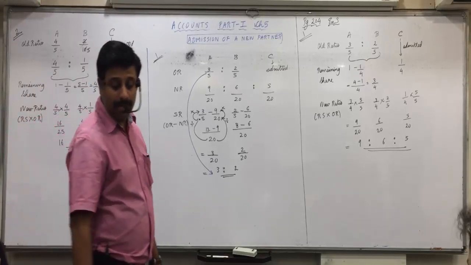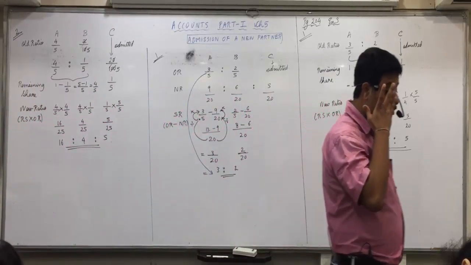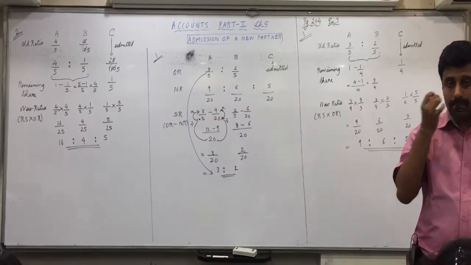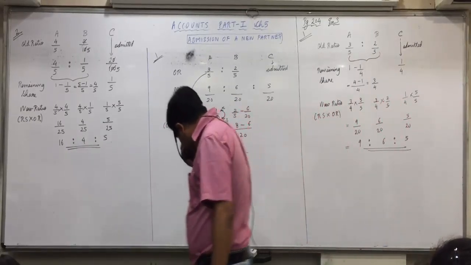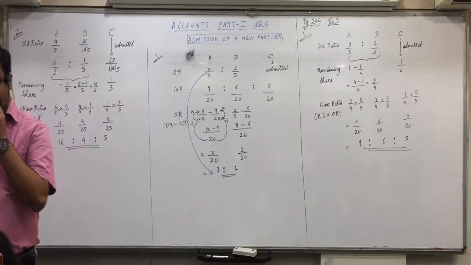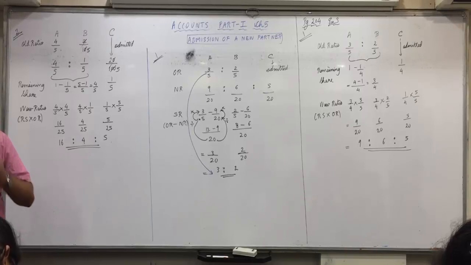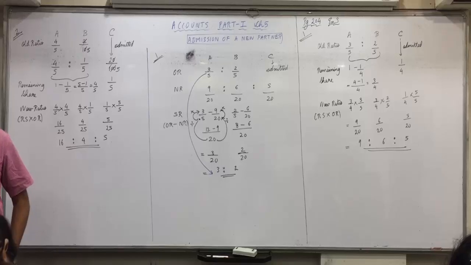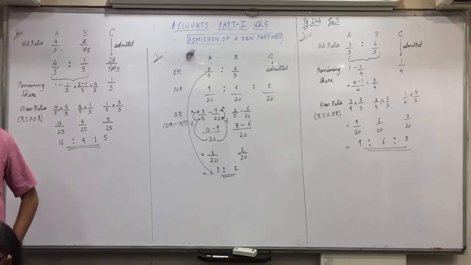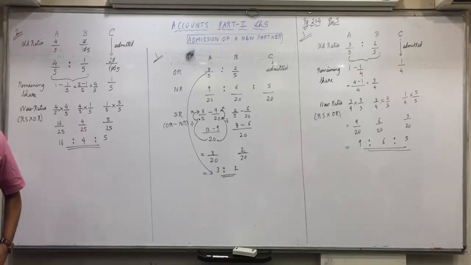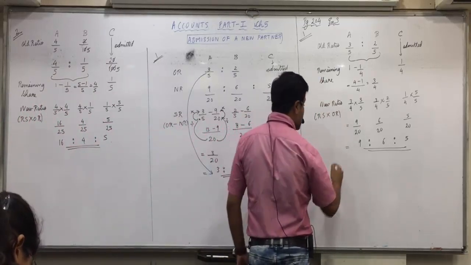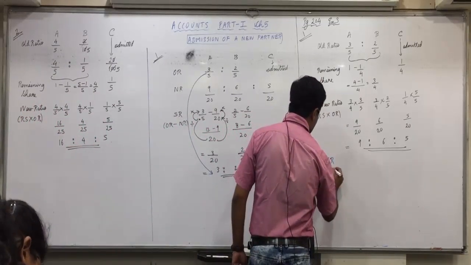In the above situation, comma, sacrifice ratio will always be same as old ratio. Understood that, everyone? So directly in the first answer, write down at the end SR in bracket equal to OR